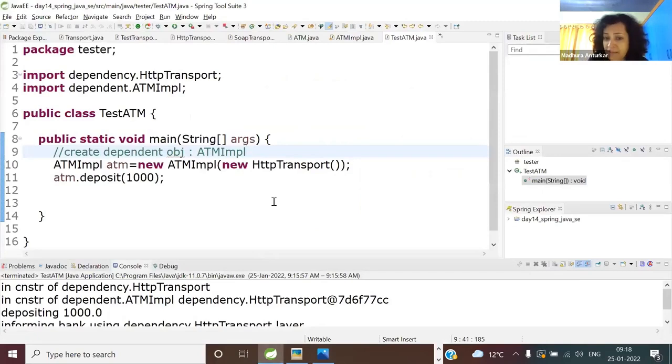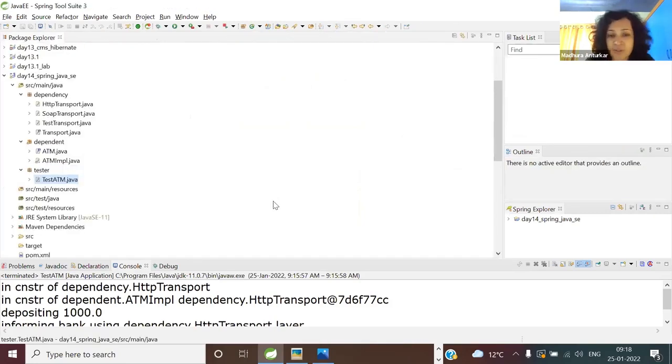So guys, open the code. You have to do the parallel thing. Concept, code and understanding has to be all together. You can't just learn one at a time. So here your dependency and dependent beans, Java classes are already there. Are you understanding what I'm saying? So here you have got dependency, you got dependents.